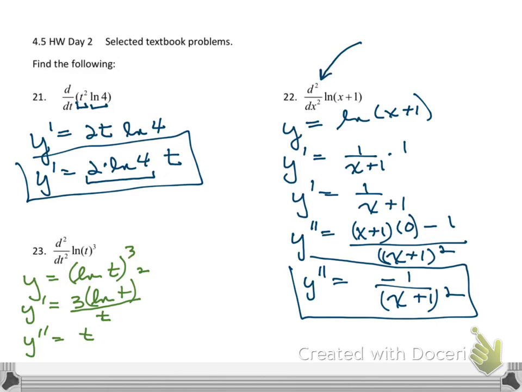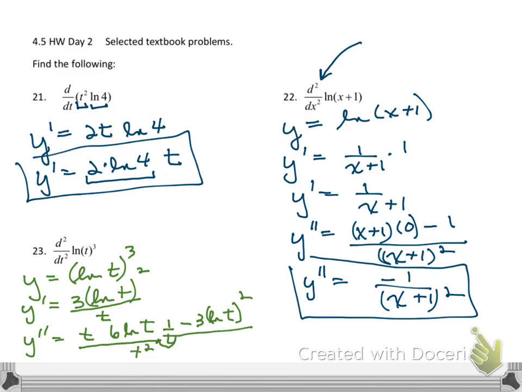So d high is going to be 6 times natural log of t, and then you're going to have to take the derivative of natural log of t, which is 1 over t. Okay, and what's going to happen is those t's will cancel in just a second. Okay, so I did low d high minus high d low, which is just 1. And this high has a squared. So let me do that. Okay, all over